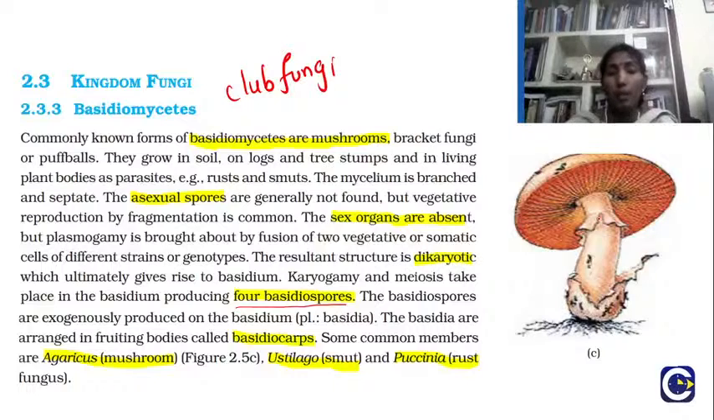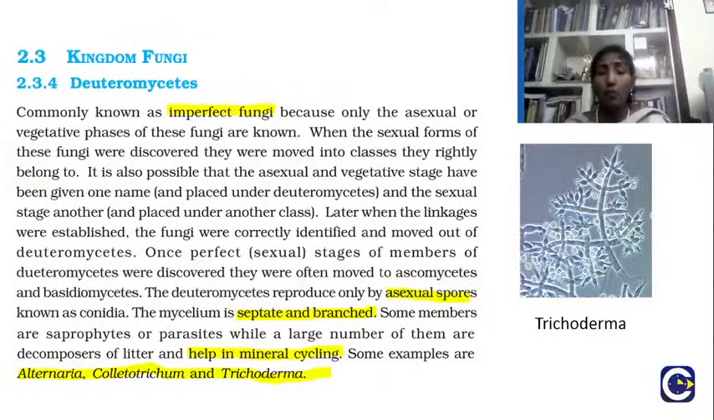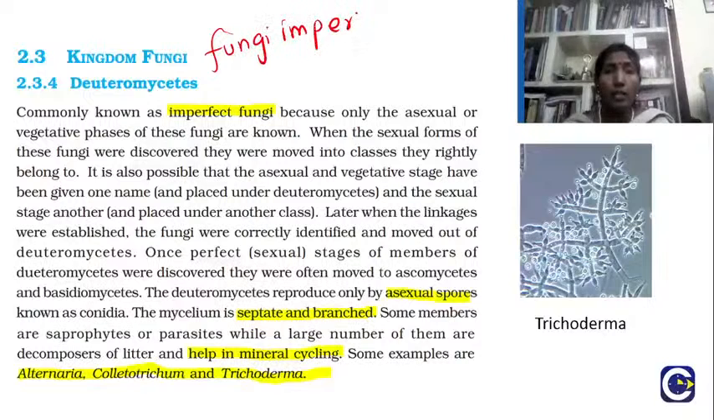They are all good examples of basidiocytes that we need to remember. Okay, so then we have what is called the deuteriocytes. The deuteriocytes are nothing but the example, the fungi imperfecti. So it is an artificial